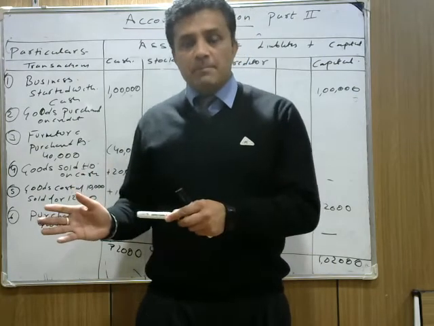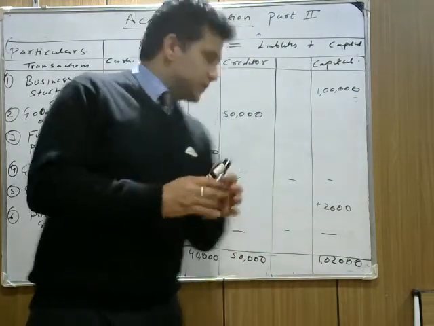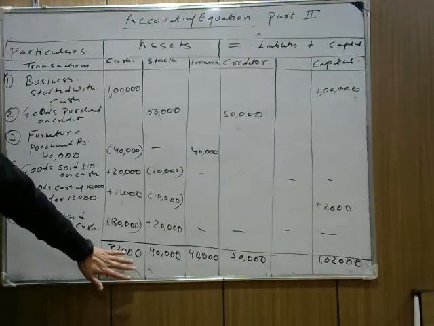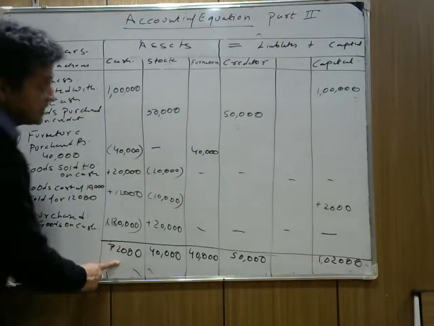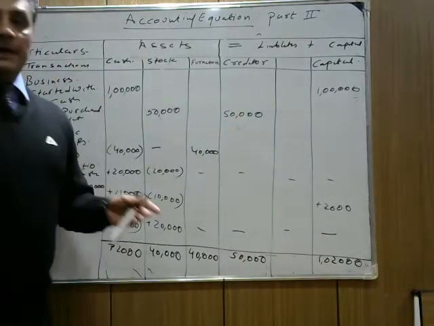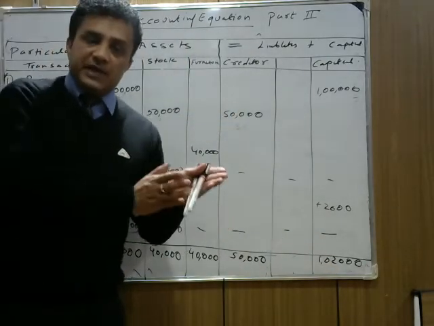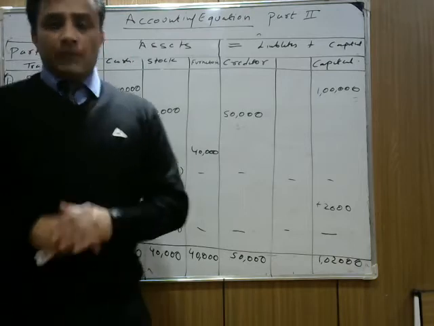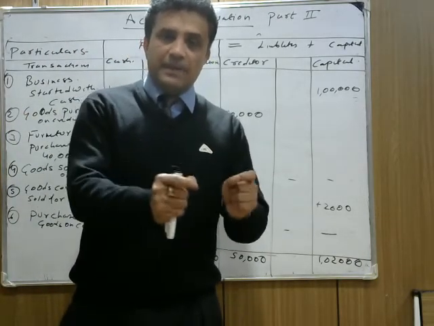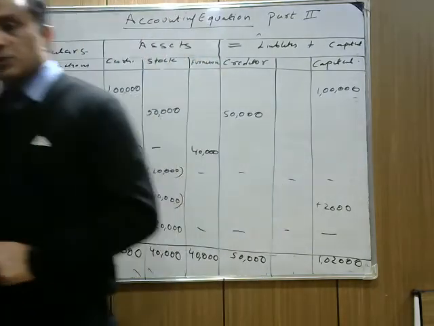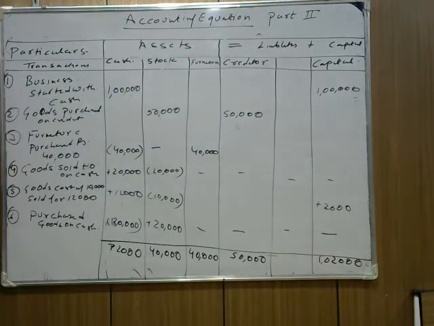Our balances are matching. Now if you see the question, I did not take the rent also because I have less space over here, so I could not write it. But if you write rent minus from cash as well as from capital, again it makes the transaction equal. So what is accounting equation? It says that asset is equal to liability plus capital. I hope you understand this question. Note down first, then I will teach you how to make balance sheet regarding the same.